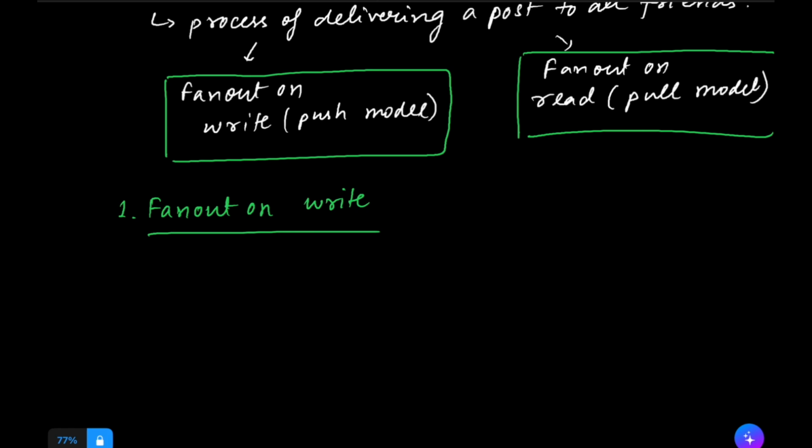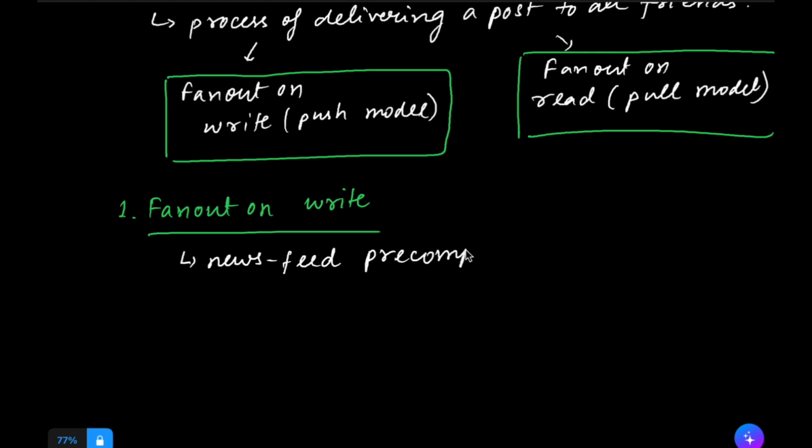So in this, basically what happens is the news feed is pre-computed, or rather it's computed during the write time of a particular user. So whenever a user makes a post or writes a post to a platform, that post is immediately fed into the newsfeed cache of its users or its friends or its followers. So this is basically the newsfeed